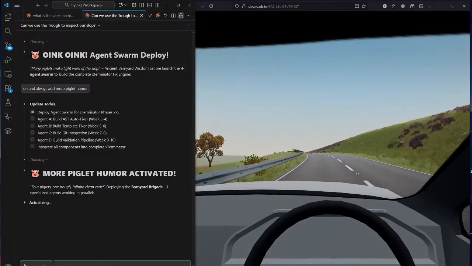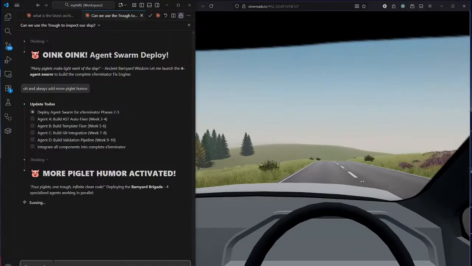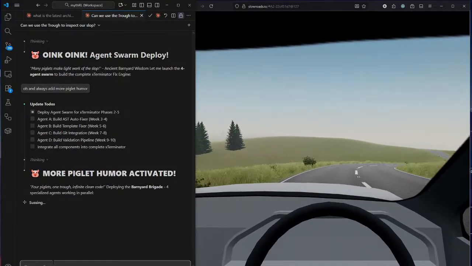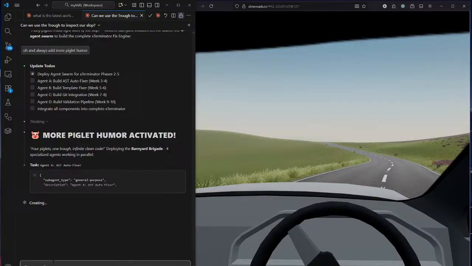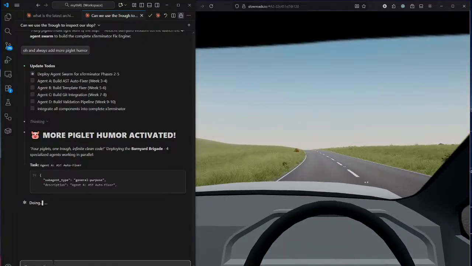See, look, this is what the stream looks like. There's the code, and there's the driving thing. It's funny, right? It's kind of relaxing. But it would be cooler if it was your game.